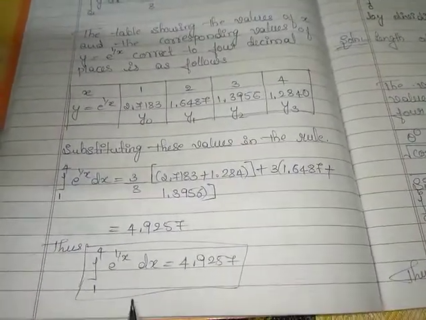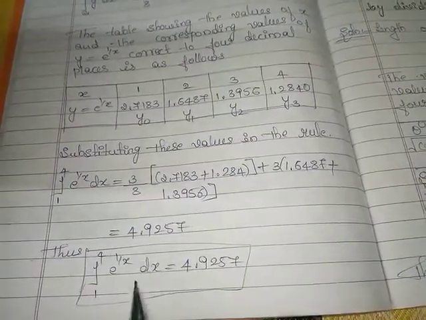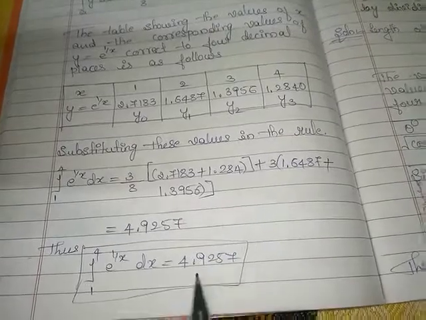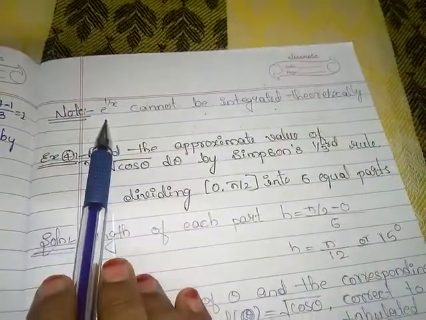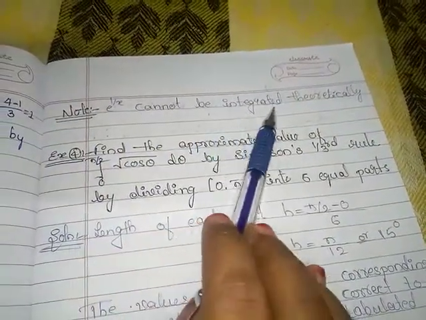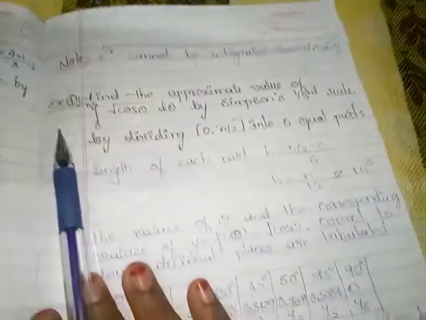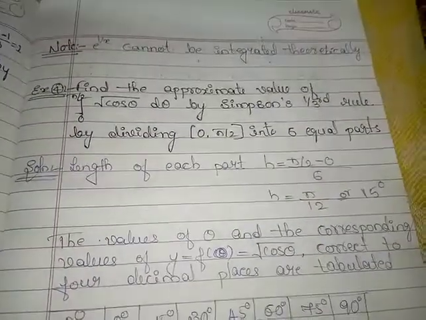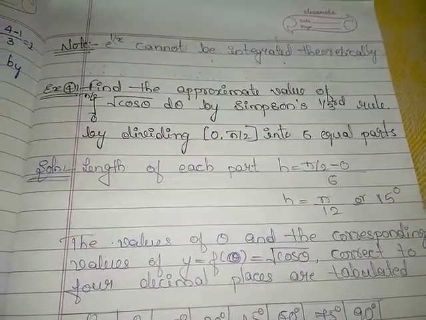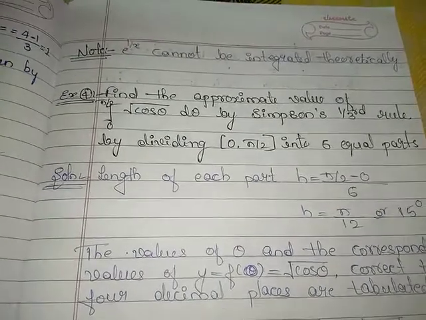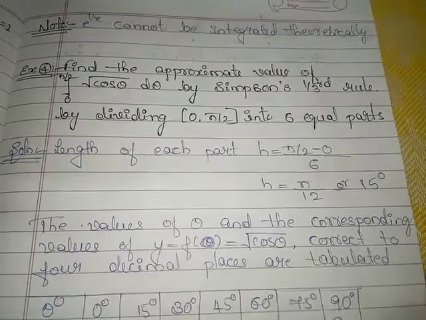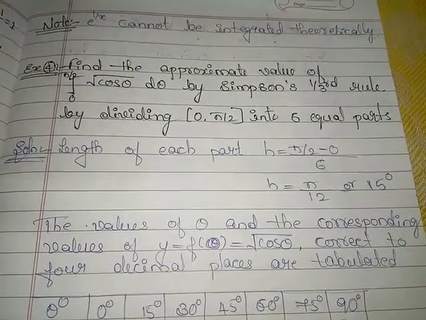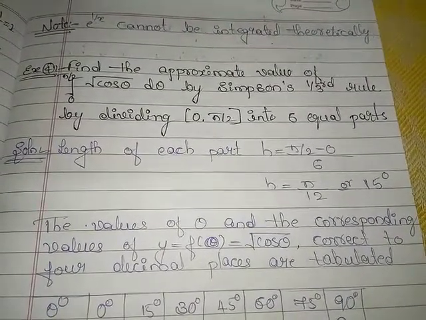We get the integration from 1 to 4 of e raised to 1 by x into dx value as 4.9257. Note, e raised to 1 by x cannot be integrated theoretically, meaning it cannot be calculated by a theoretical method. Next example,